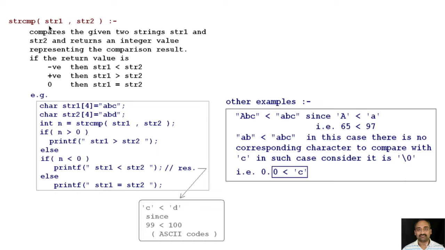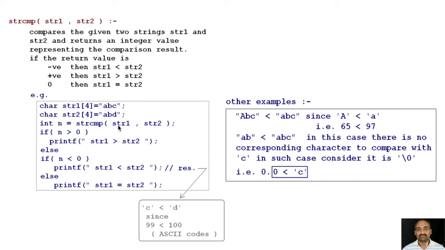And similarly there is another important function called strcmp, which is used for string comparison. So what is string comparison? For your simple understanding, you can consider it a dictionary order, except that you need to know that capital A is always less than small a, because the capital A ASCII code is 65 and the small a ASCII code is 97. So this is what you need to understand when you are comparing two strings.